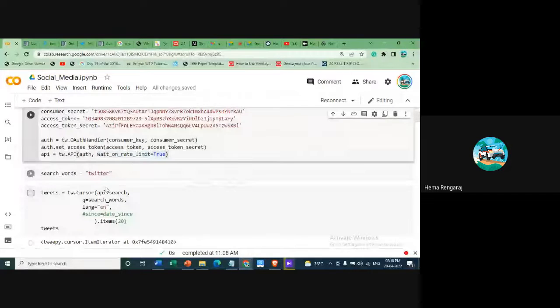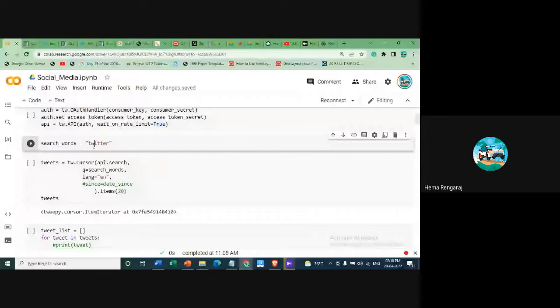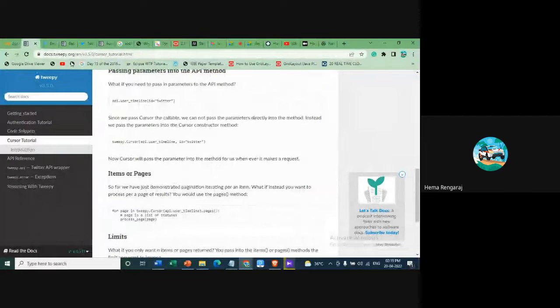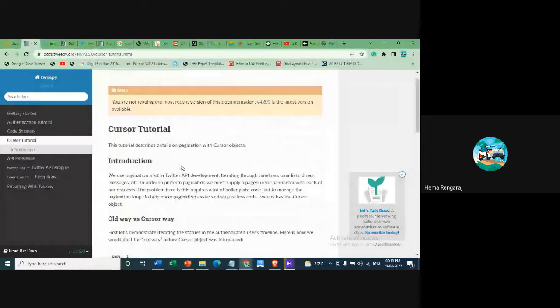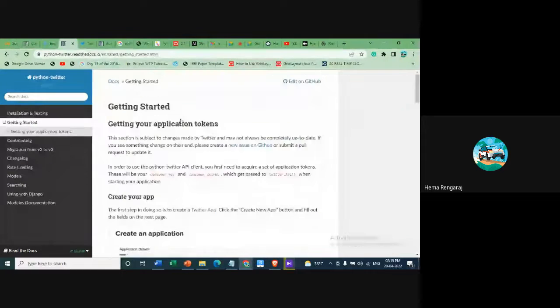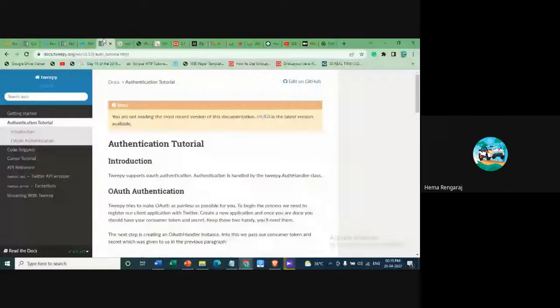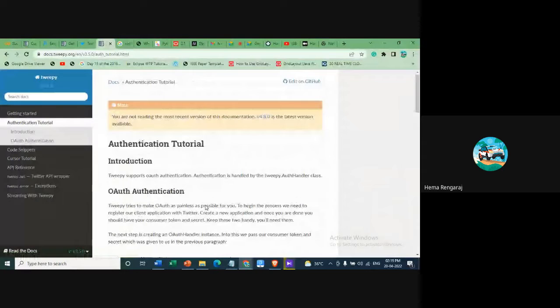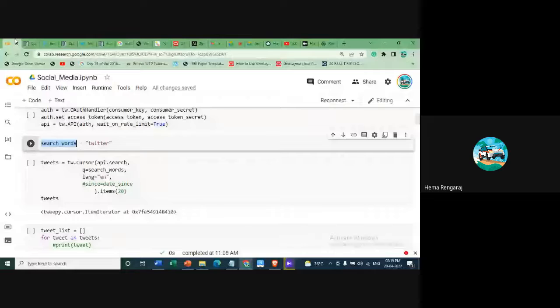And then you have to call this. You have to include this object in your program. Why? Because it is actually there in your Tweepy. For getting Twitter data, you need to include this Twitter. Yes, it is the Twitter application. You have to see the documentation for that.